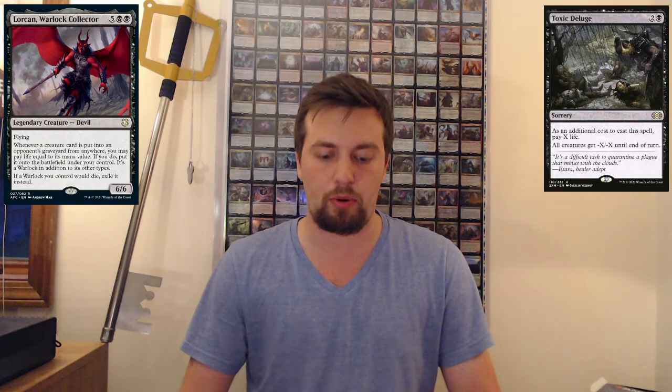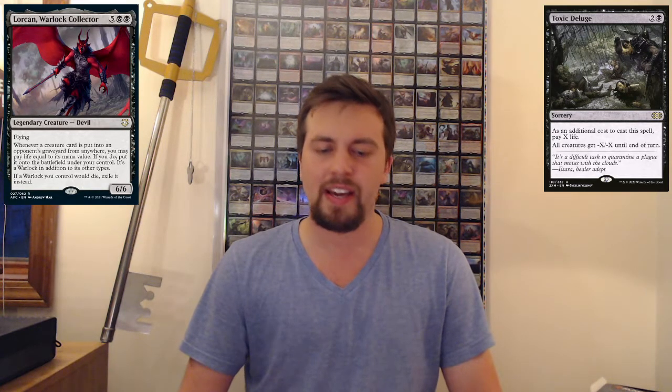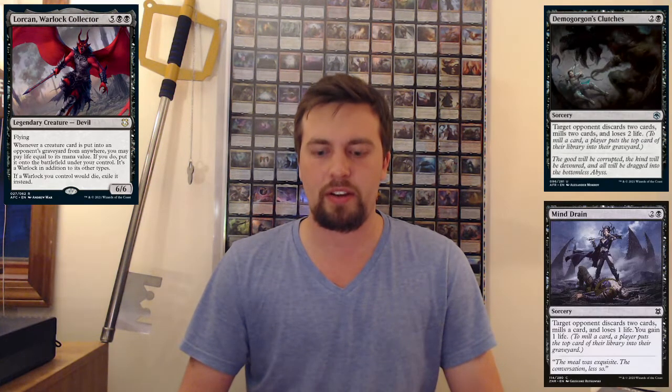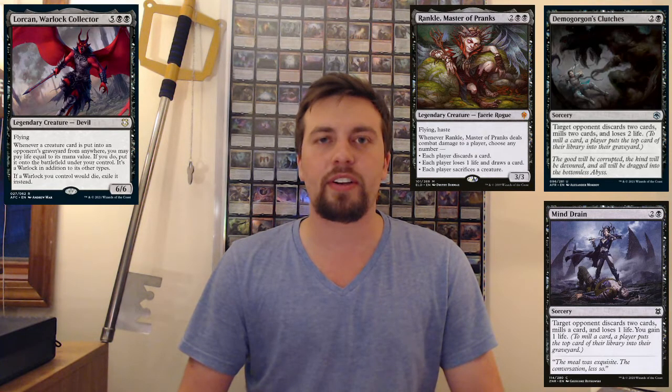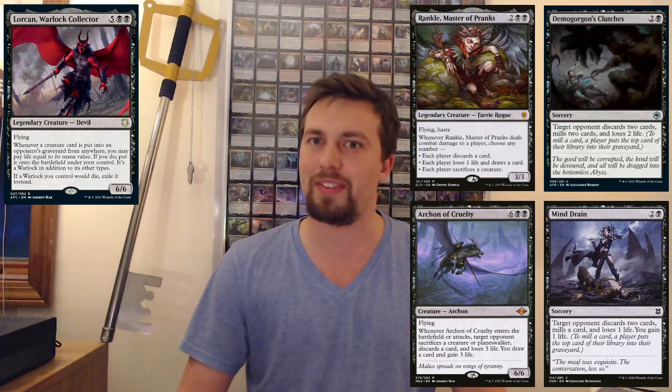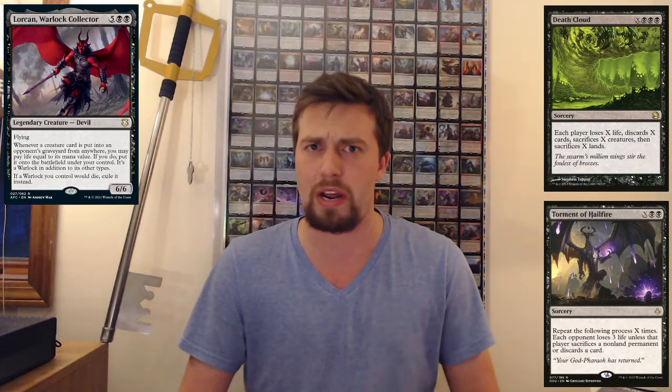It's a good board wipe for the deck. And then some cards that kind of hit on multiple categories here. You got Demogorgon's Clutches, Mind Drain, Rankle, and Archon of Cruelty. All those seem like awesome includes, and you can also throw in Death Cloud and Torment of Hailfire, because those will do very similar things, and they could also just win you the game, especially because you're going to be running a lot of ramp in this deck,